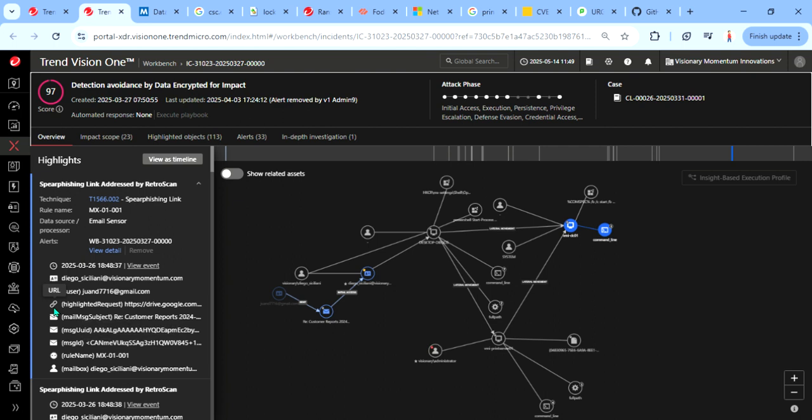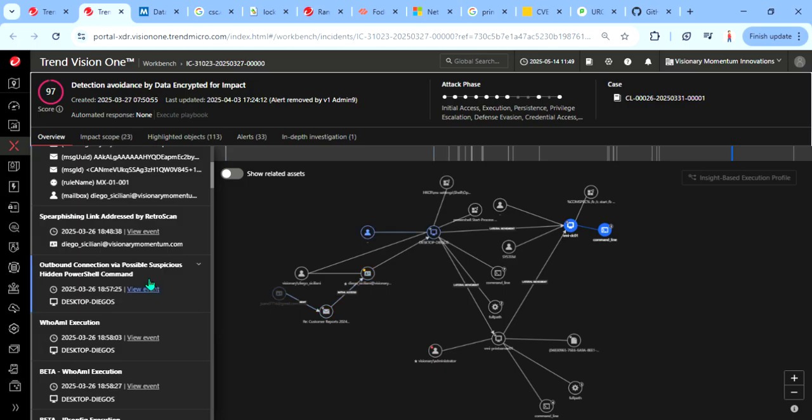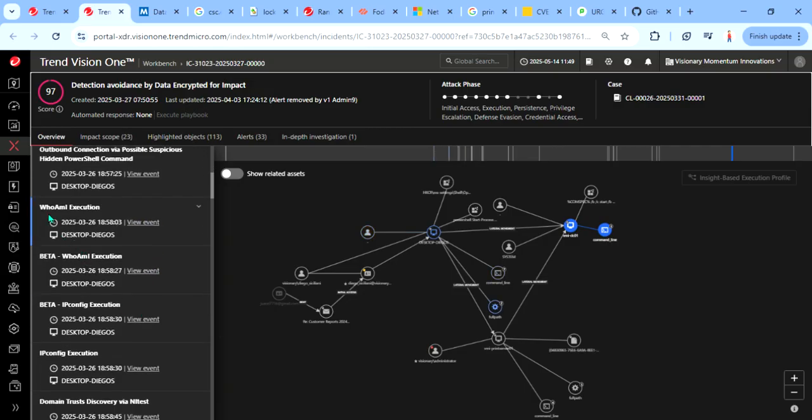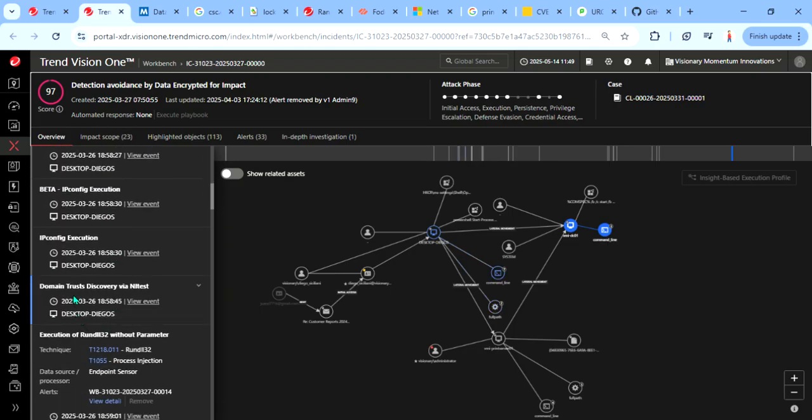Inside you can see there's a link to Google Drive, which allows the attacker to send some malicious file onto patient 0, which is a user's computer, and then it will create more threats in this environment. If you scroll down further, you can see more indications of such an attack, followed by the discovery phase. You can see the attacker running whoami commands, ipconfig, discovering the whole environment, checking all the services, domain trust, and DNS tests,